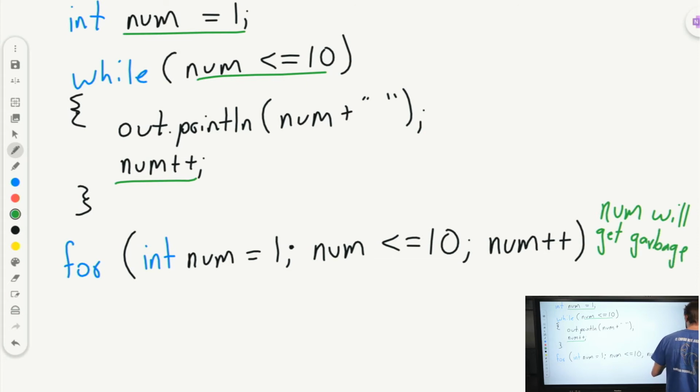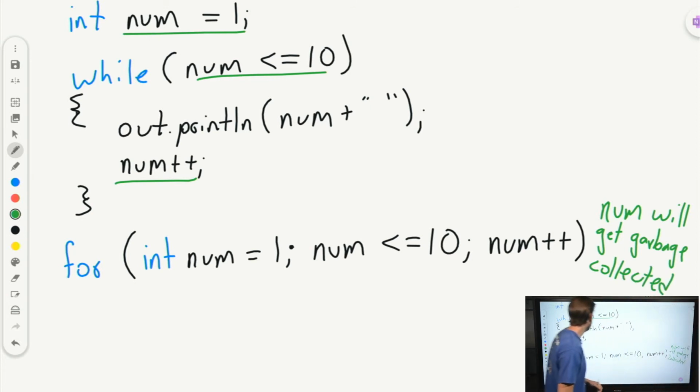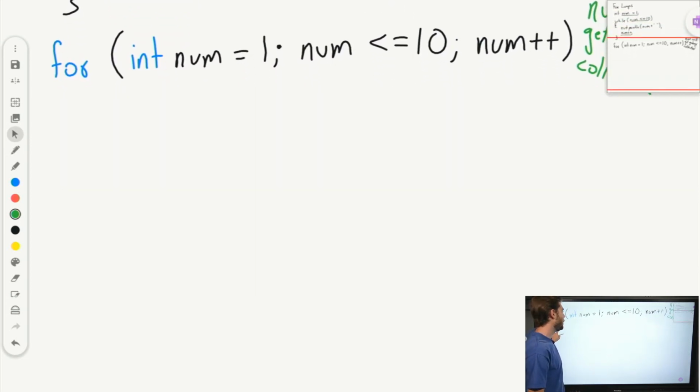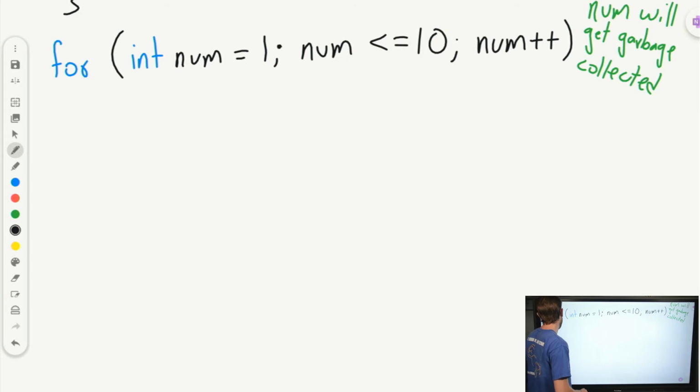Garbage collected. That's the main difference in the way that these operate. So in our first example with a while loop, num will persist after we finish our while loop. In this case with the for loop, num will not persist after the end of the for loop. So that's an important distinction between using them. But inside, I can do the same thing. I can simply say out.println,